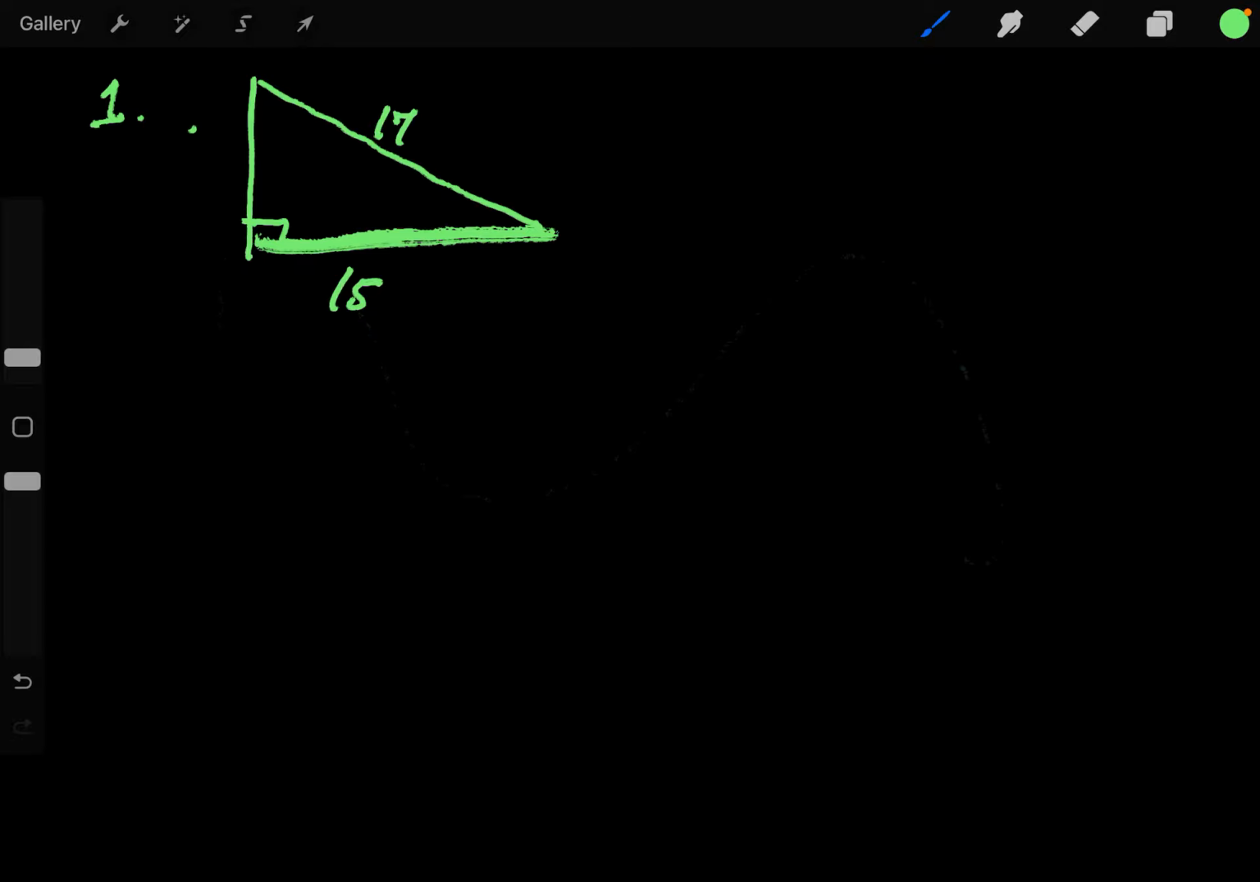Okay, here what we're going to be doing is we're just going to be utilizing Pythagorean theorem in a variety of ways, and its converse. To start, this is question 1a, and it asks us to solve for the missing